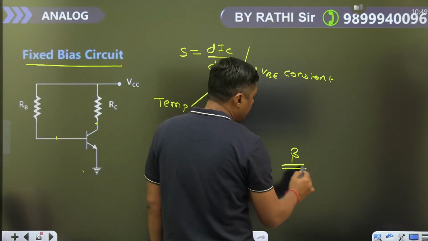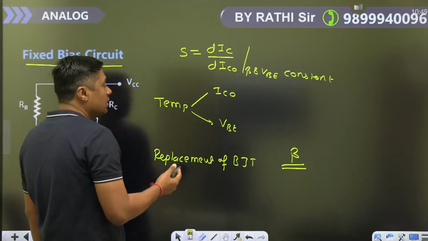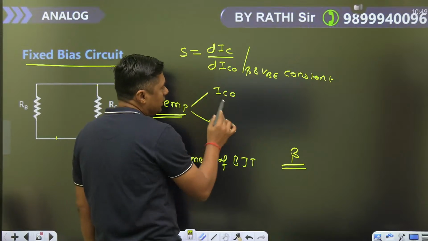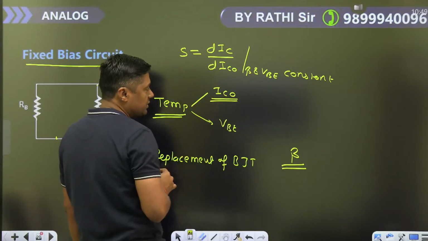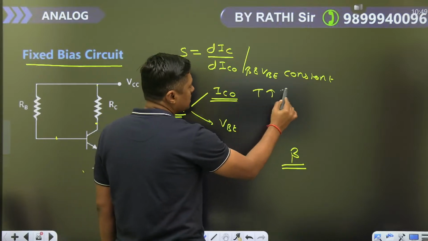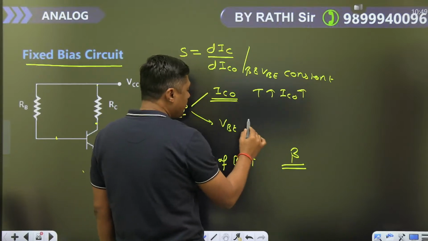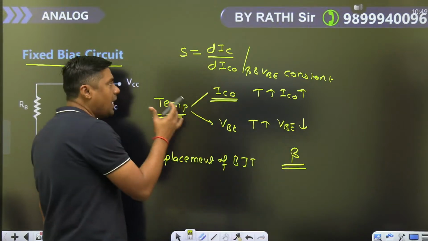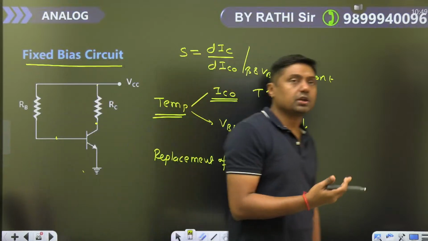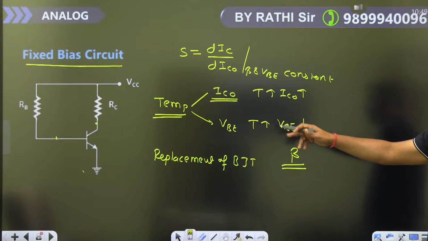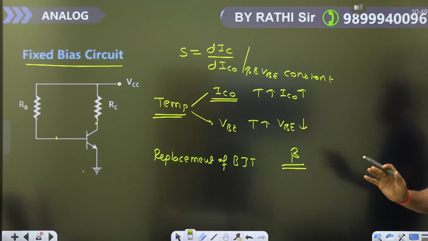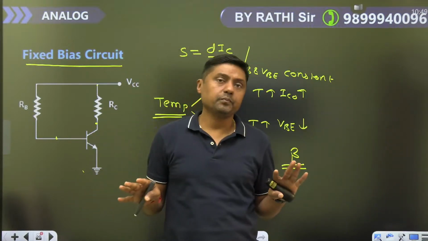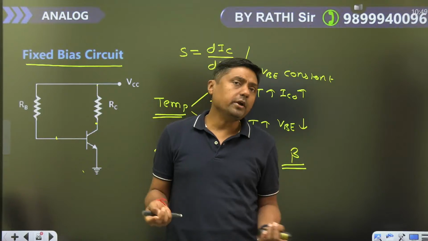बीटा इज हाईली अफेक्टेड ड्यू टू रिप्लेसमेंट ऑफ ट्रांजिस्टर। टेम्परेचर के कारण जो टेम्परेचर में वेरिएशन है उससे अफेक्ट होता है ICO। इट डबल्स फॉर एवरी 10 डिग्री राइज इन टेम्परेचर। टेम्परेचर बढ़ने से ICO बढ़ता है और टेम्परेचर बढ़ने से VB क्या होता है रिड्यूस होता है। ये सब आपके ऑपरेटिंग पॉइंट को अफेक्ट करेंगे। द Q पॉइंट अफेक्टेड ड्यू टू व्हाट टेम्परेचर एज वेल एज व्हाट रिप्लेसमेंट ऑफ व्हाट BJT। तो हम लोग डिफरेंट सर्किट बनाते हैं, फिक्स्ड बायस सर्किट जिस पर कोई फीडबैक नहीं, कोई नेगेटिव फीडबैक नहीं, तो Q पॉइंट स्टेबल नहीं है।